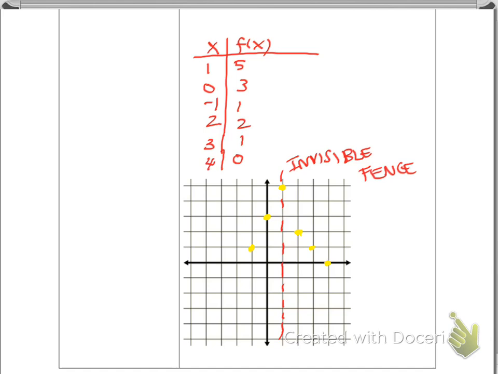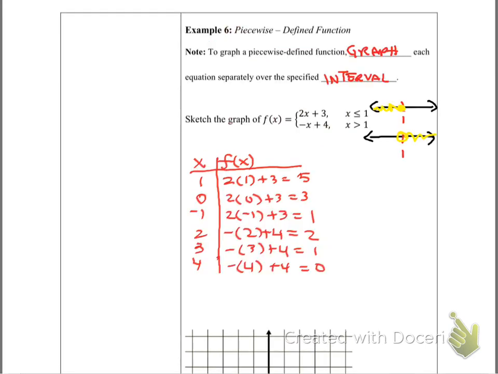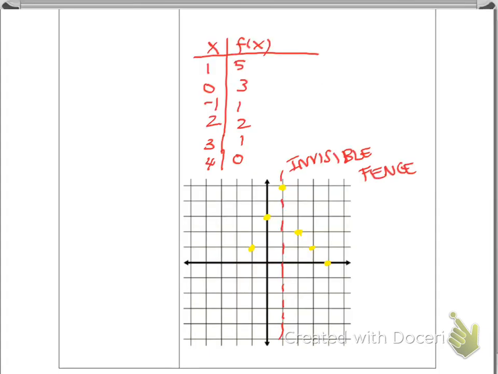And I made this dotted red line. This is an invisible fence. So you want to think of a piecewise function as a neighborhood. And if you live on one side of the neighborhood, you don't cross over to the other side. So we have two neighborhoods, and the invisible fence is broken up by whatever's breaking up our piecewise function. So in this case, that 1 is breaking up our piecewise function, right? So this is actually the line x equals 1. If you were to graph a piecewise function, write this in pencil,